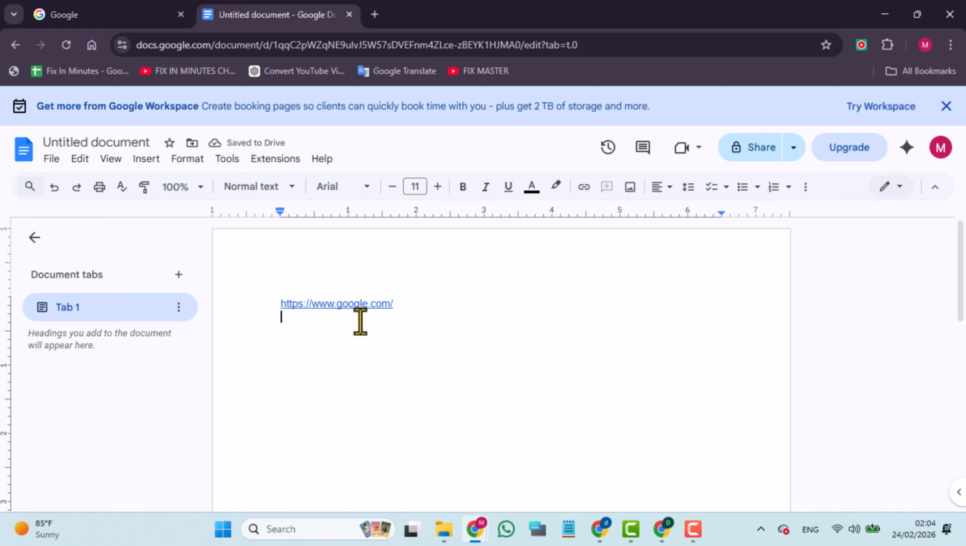That's it. Now you know how to find a website URL and copy and paste it into a document for